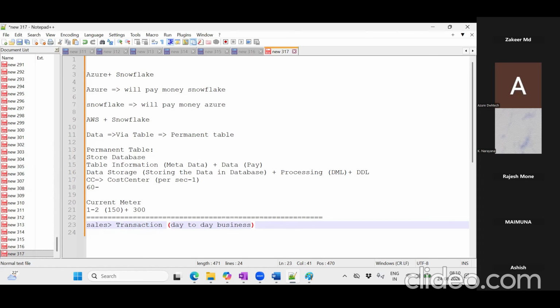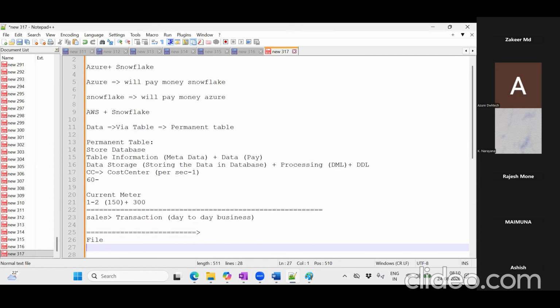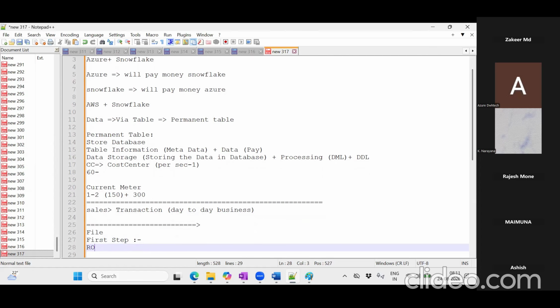So this transaction data, generally you will be getting via file. Some upstream system, some other system we call an upstream system, will provide this information. This is the first step in the project actually. This raw file they will provide,